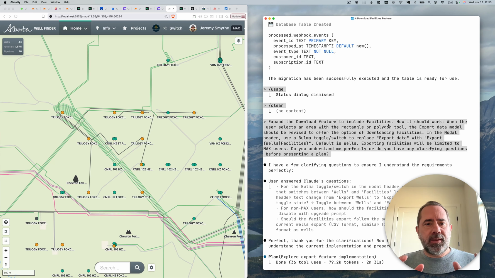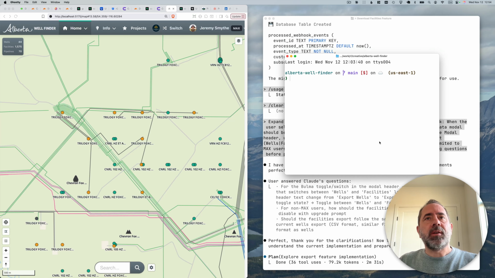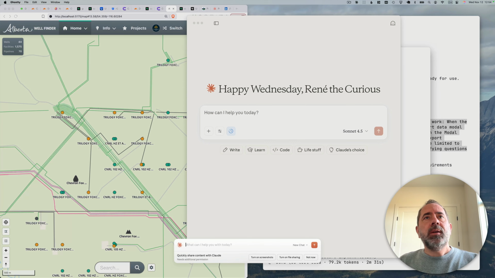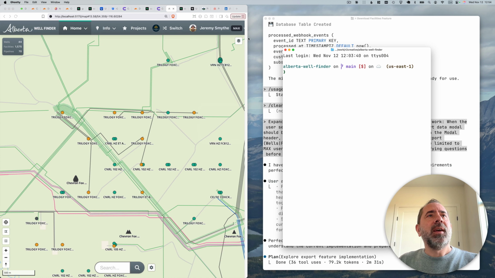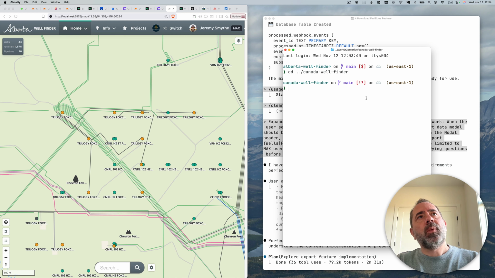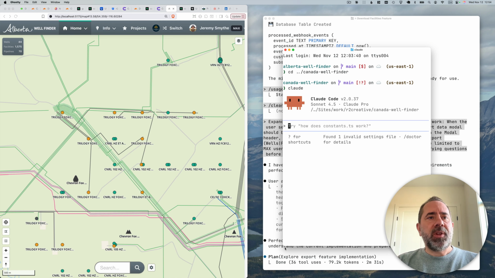Now, before I read this and describe to you what it actually did, something that many people don't take enough advantage of, in my humble opinion, and I'm one of them actually until recently, is the planning mode that you get in Claude Code. So for example, if we go to Canada Wellfinder and we'll go to Claude, and when we start it up, you'll notice that